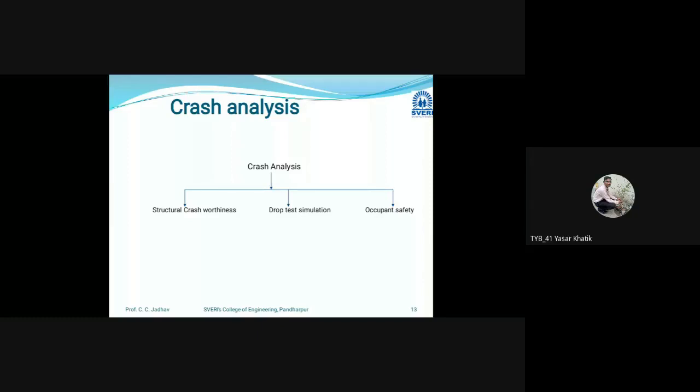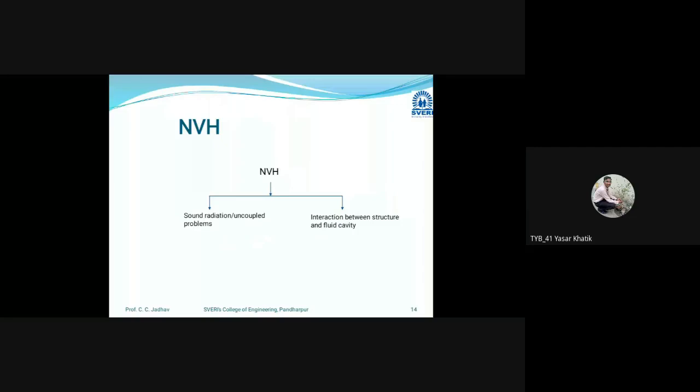Like this, we are going to analyze by using crash analysis in occupant safety and commercial application software. We are using LS-DYNA, Abaqus, Radioss, Explicit, and PAM-CRASH. This type of analysis software we use for the separate crash analyses. So this is about our crash analysis. Then the next and last type of analysis is NVH analysis, that is noise, vibration and